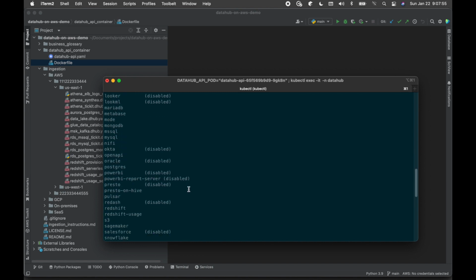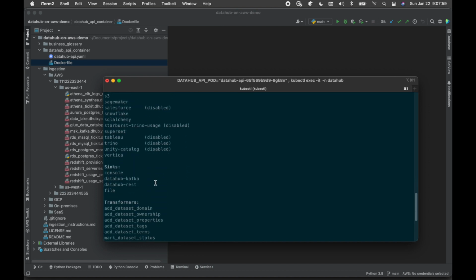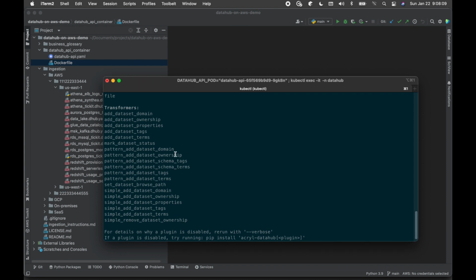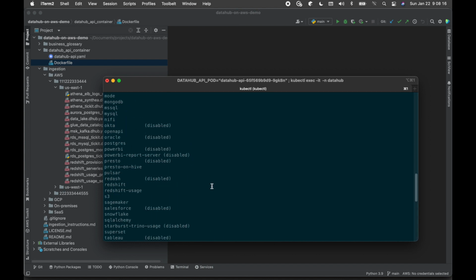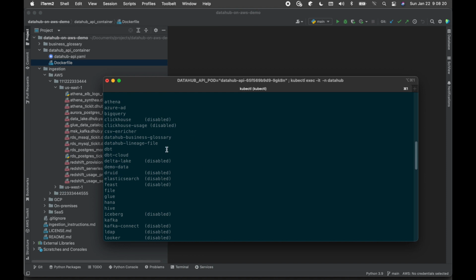This shows all of the plugins that I've installed. Those are the source plugins. There's also sync plugins. In this case, we're going to be using the DataHub REST API. The sync plugin is automatically installed. And then there's different transformers, which are all automatically installed. Some of the transformers that we're going to be using today, I'll show you as we go through and how we use the transformers. So those are the plugins that are installed, and that's how DataHub knows how to talk to these different data